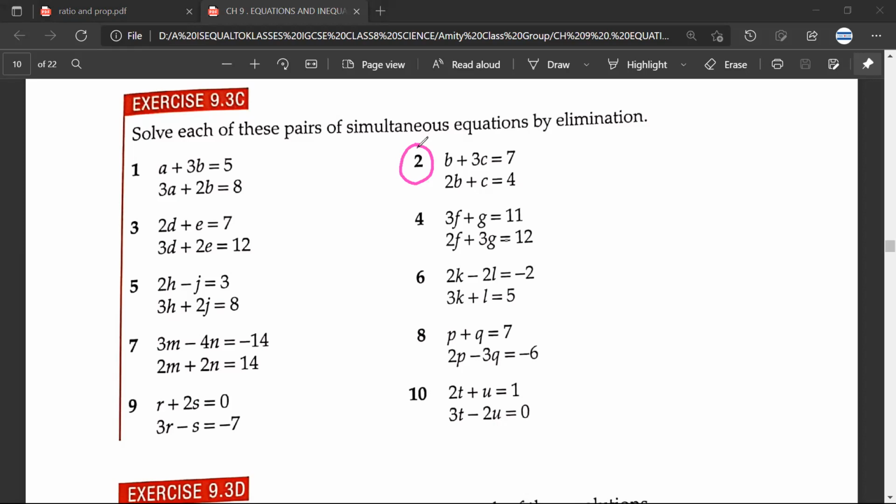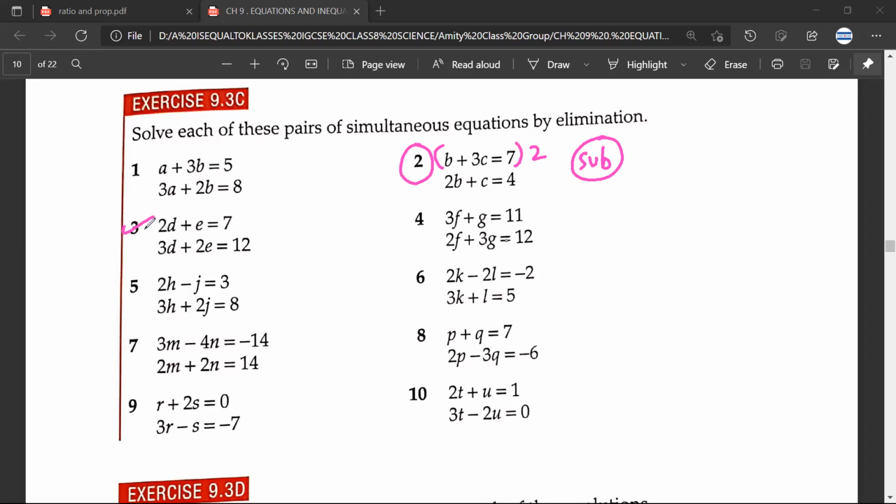So we can multiply the first equation by 2. Shabash. And then will you do addition or subtraction? Then we'll do subtraction, sir. You will do subtraction. Correct. Okay. So we'll get...